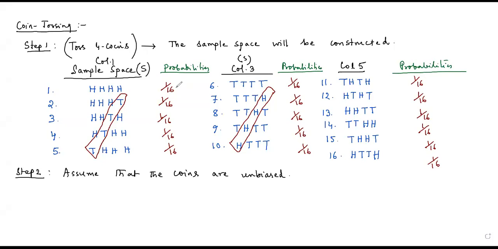So whenever I'm writing 1 by 16, it means that if 16 times you perform the experiment, one time you are supposed to get the outcome HHHH. You are supposed to get it. This is the thought experiment. That's why it is a thought experiment. Remember, it is a thought experiment. Okay, and